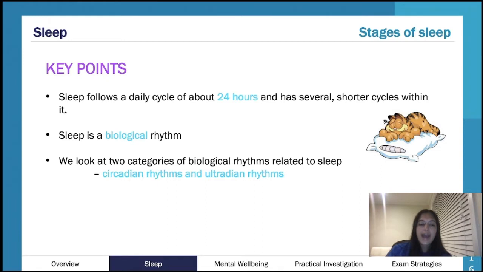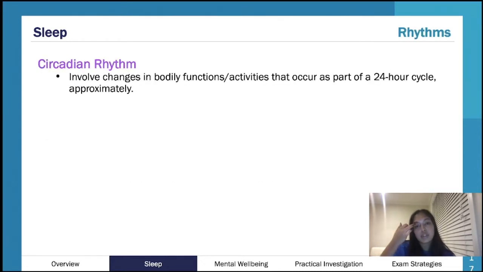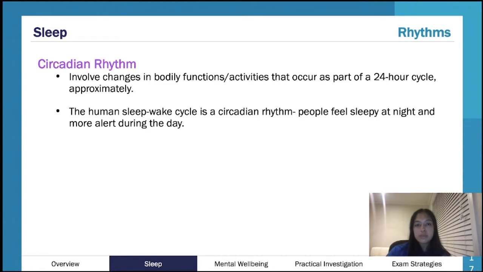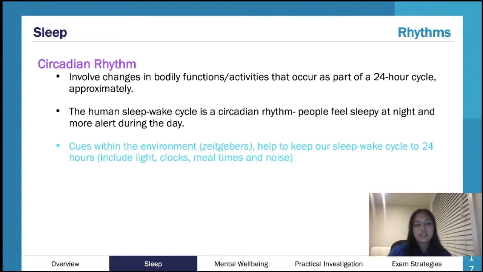Okay, so in terms of our rhythm, sleep is a biological rhythm, that idea of it being controlled by a biological clock. Generally it's about 24 hours, which makes sense because we usually sleep once in a 24-hour period. We separate this between our circadian and our ultradian rhythms. Our circadian rhythm is a 24-hour cycle. Circadian rhythm isn't just sleep, you have other circadian rhythms, but by definition it is a 24-hour cycle. Sleep fits into that category quite nicely because in 24 hours, we sleep at night and we wake up during the day, and that cycle repeats every 24 hours.